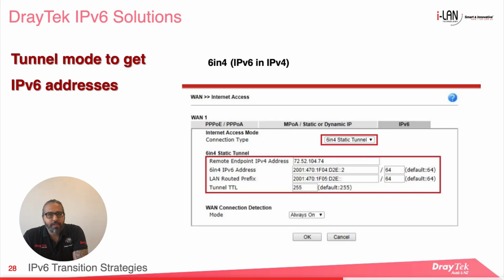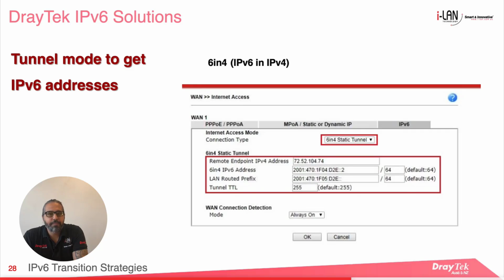An example of tunneling IPv6 is 6-in-4. 6-in-4 is a transition mechanism for migrating IPv4 to IPv6. It also uses tunnels to encapsulate IPv6 packets over IPv4. In this mode, the IPv6 connectivity is provided by a tunnel broker on the IPv4 internet connection through a tunnel